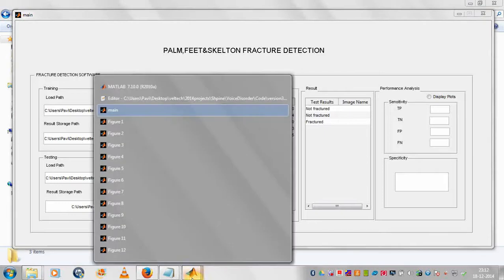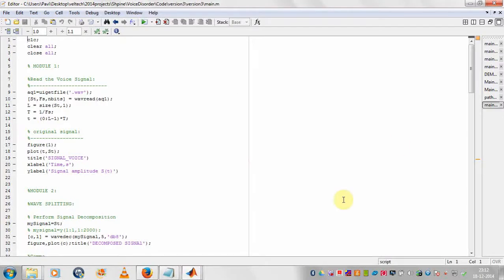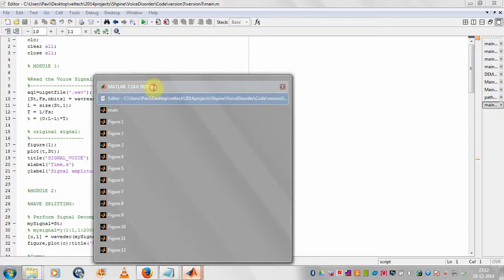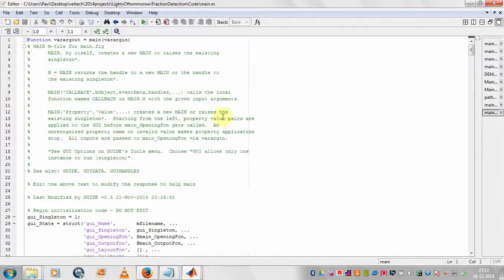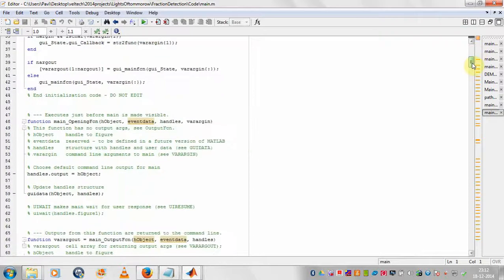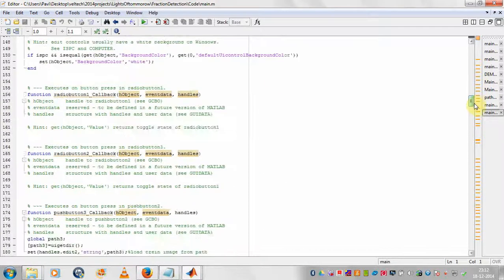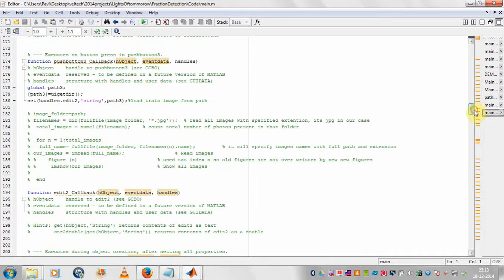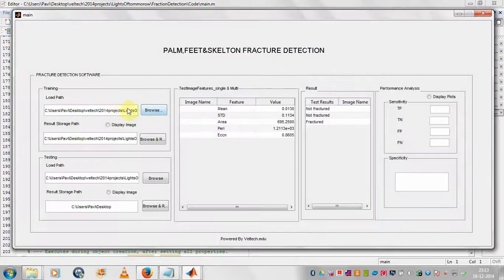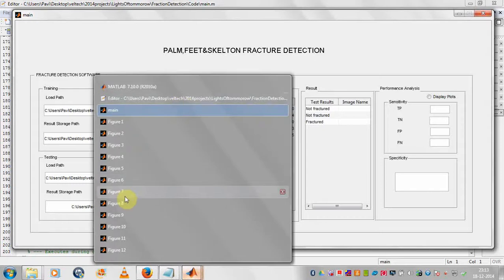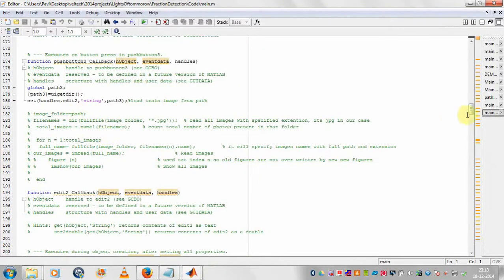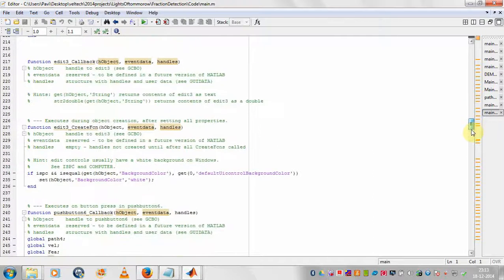Now I will explain the coding part. This is the coding part which you created in the GUI. Here is the file where we select the path for reading the training dataset images.